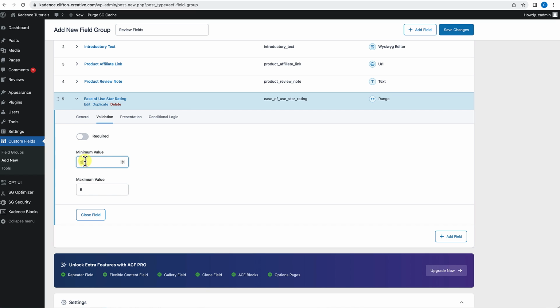So the minimum value is going to be 3. The maximum value is going to be 5. That's the highest rating you're going to be able to get. So 3 stars or 5 stars. We're not going to be giving anything a 1 star or 2 star. All right. Now that we're done with the ease of use rating, then we need to do the same thing